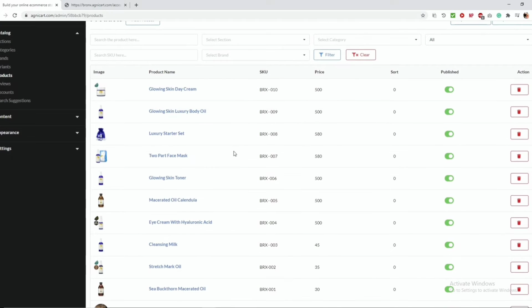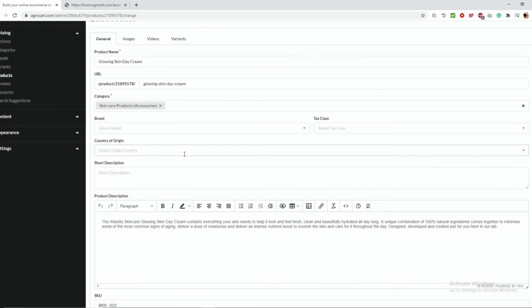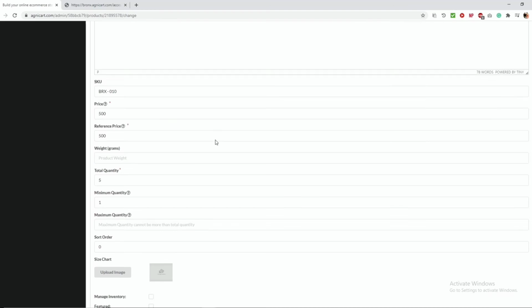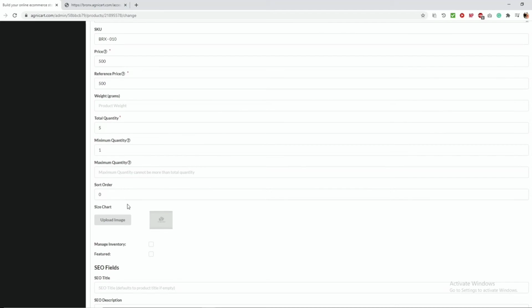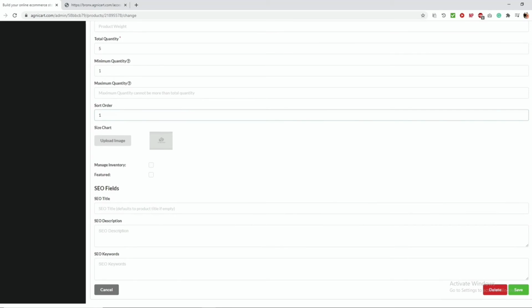So now I would like to put glowing skin day cream first, the first thing that's going to appear on my page. So I can click this, which will take me to the general editing area, and then I can see that the sort order here is 0. So I can change it into 1. And if I save it